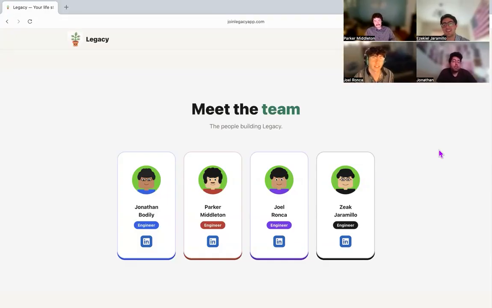My name is Parker Middleton. I worked on a lot of the database architecture, worked on some of the social systems, and towards the end, worked on push notifications. I'm Joel Ronka, and I worked on a lot of the backend architecture, our CI/CD and